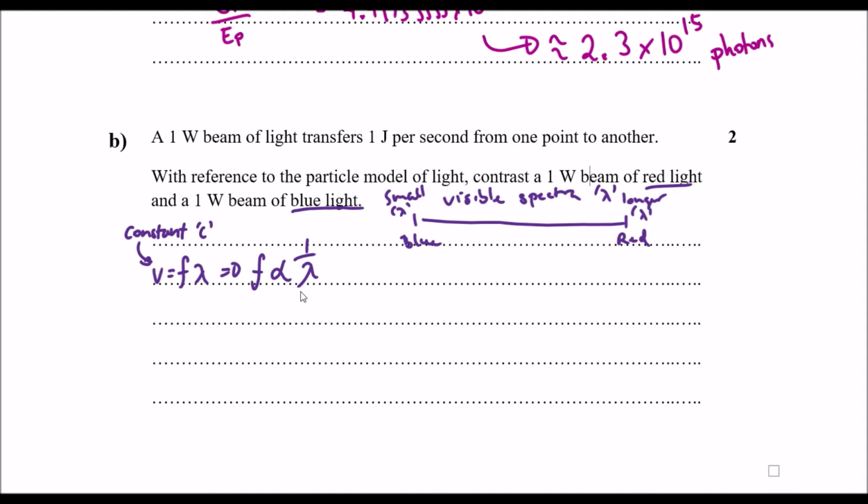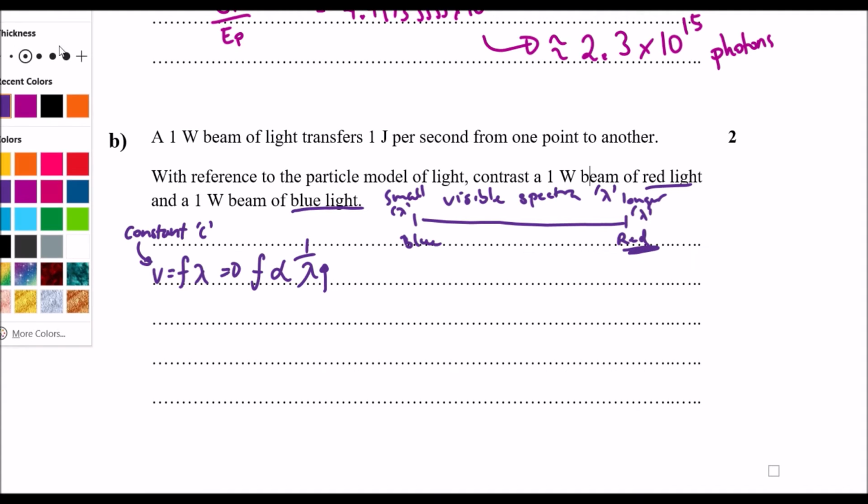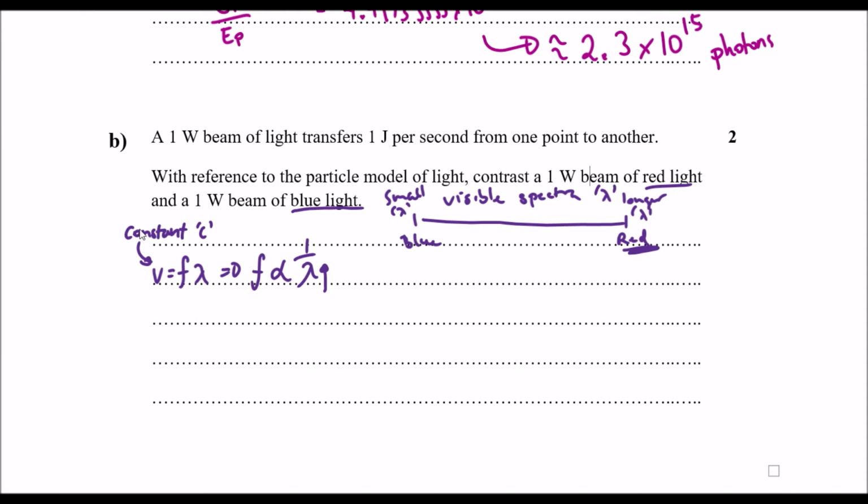What that means is as wavelength increases, in the case of red light, its frequency is low. So according to the formula E equals hf, red light would have a low energy because it has a